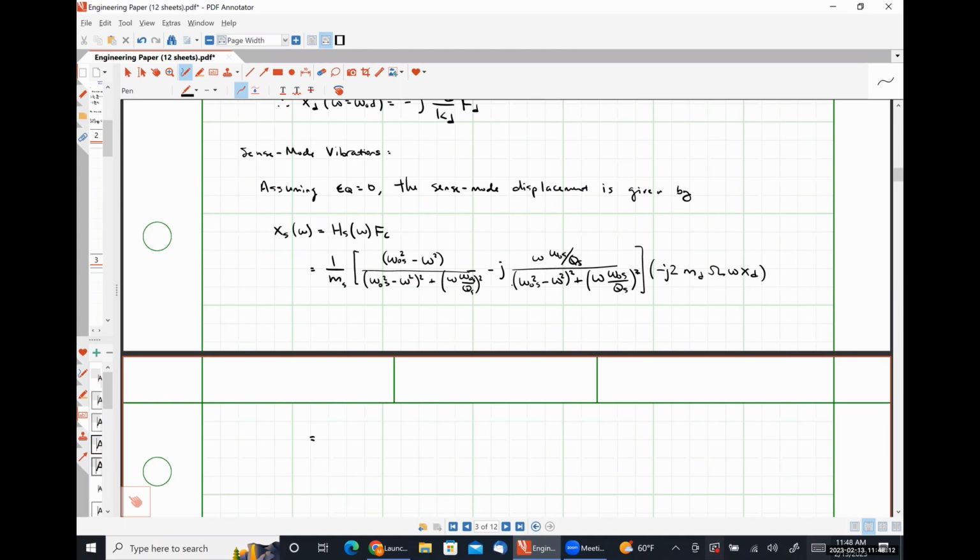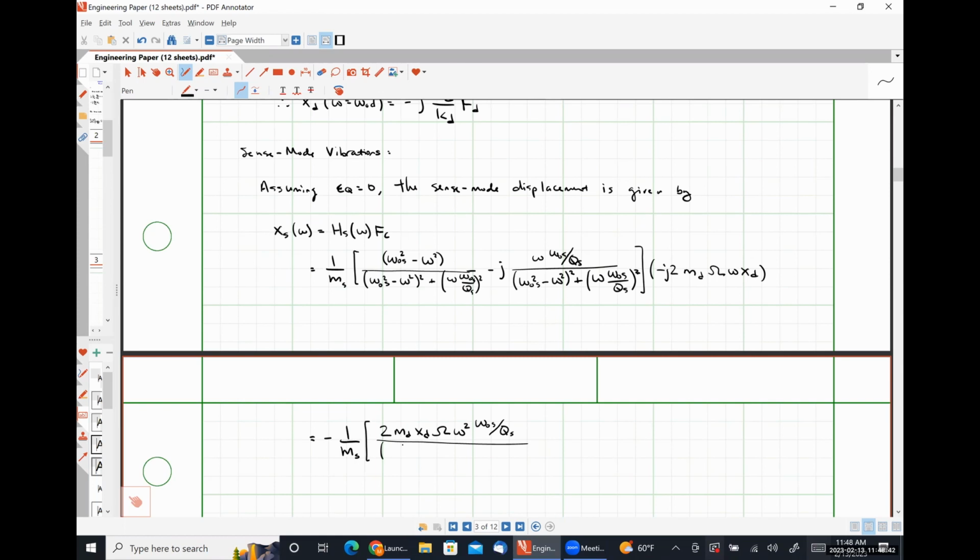So I have a common negative 1 over ms. And then this is going to look like twice md xd capital omega lowercase omega squared omega naught s over qs